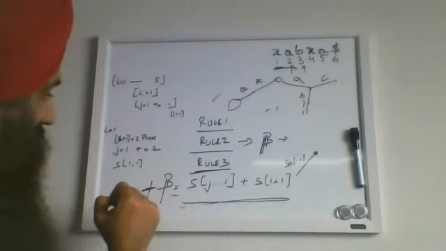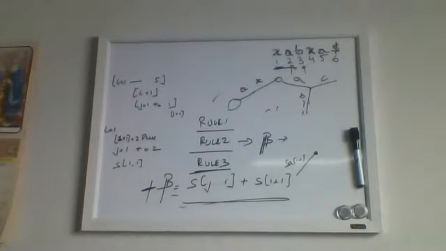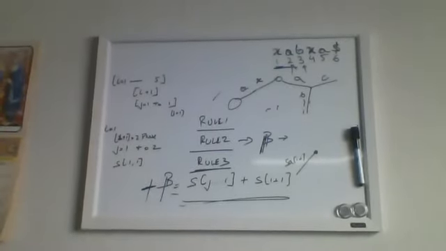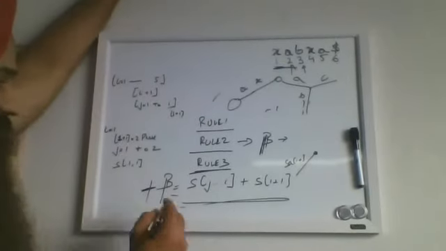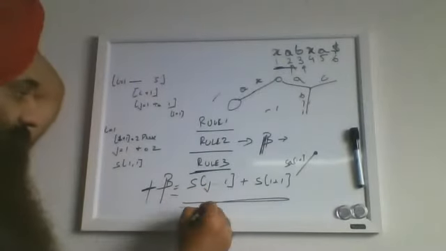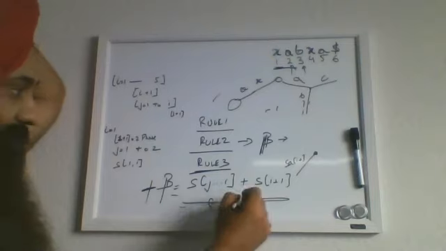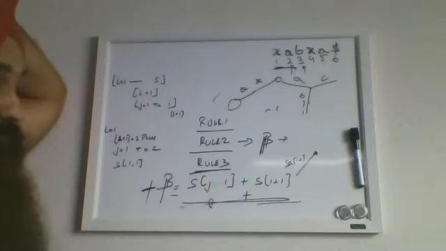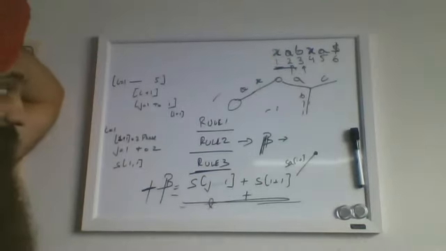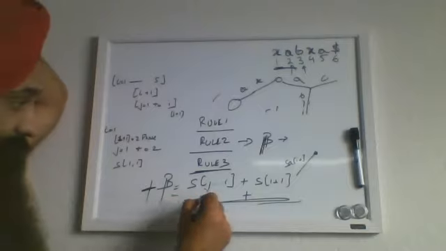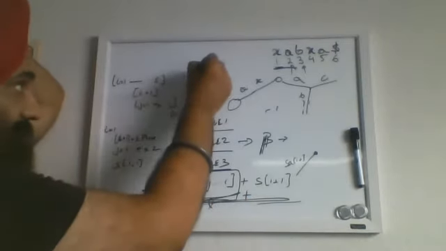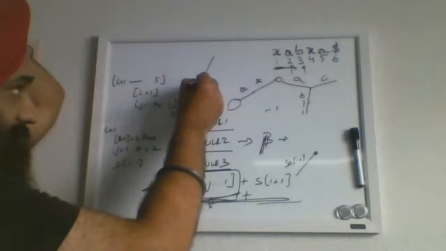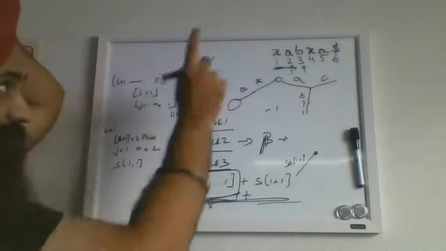So there are three rules again. First rule says if beta is ending at a leaf node, you simply add the character to that edge label. Rule 2 says if this string is ending in an edge,